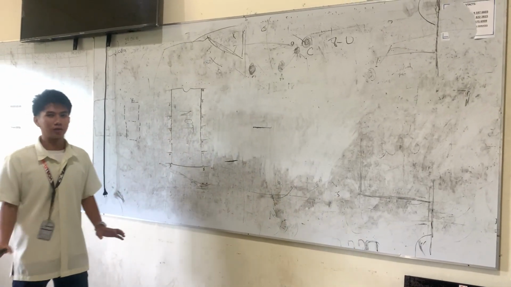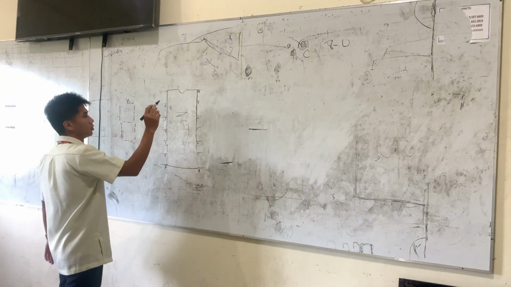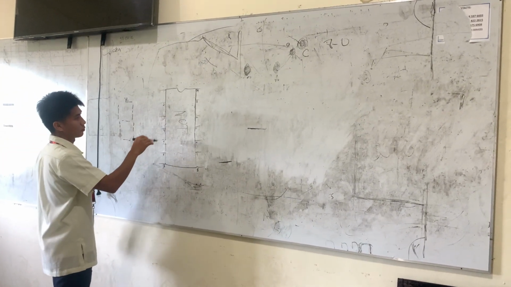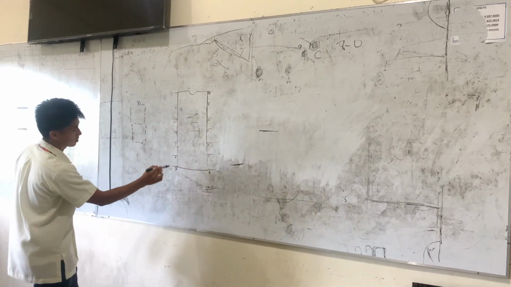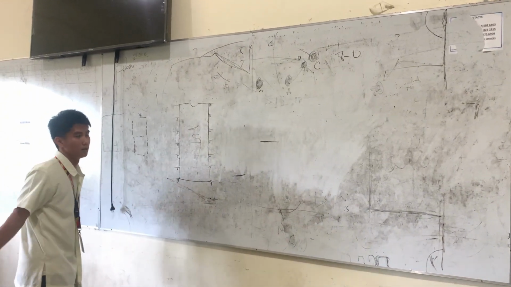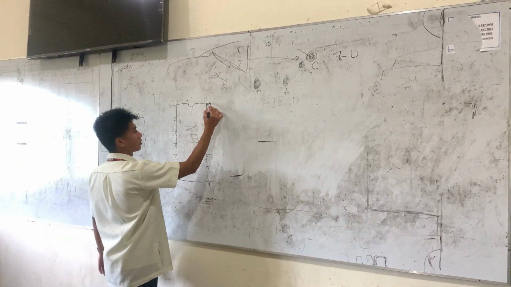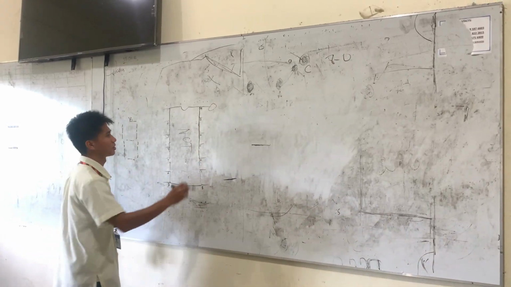So how does it all work? Now let's talk about the NOT gate. You should always remember the numbers of the pins. So starting from here, it should be 1, 2, 3, 4, 5, 6, 7, and 8, 9, 10, 11, 12, 13, 14. So you should always remember that this pin should not have any connections.